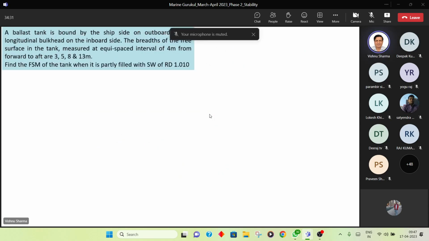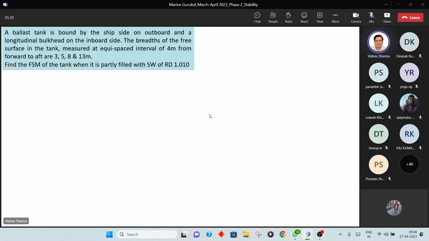Okay, now look at this question, beta. This is a curvilinear one. A ballast tank is bound by the ship side on the outboard side, a longitudinal bulkhead on the inboard side. The breadth of the free surface in the tank is measured at equi-spaced intervals of 4 meters from forward. This is my own question. So the idea is not to have too many ordinates. The idea is just to make sure that we are clear on the concept. Find the FSM of the tank when it is partly filled with seawater of RD